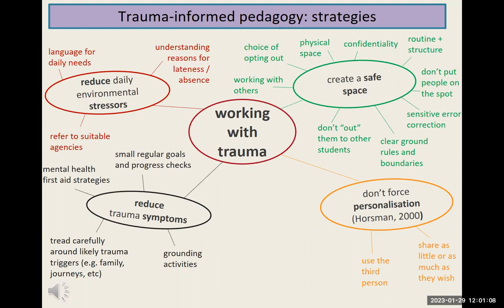Another thing which we can do is to incorporate small regular goals and progress checks. This can be helpful because trauma survivors often find it difficult to see incremental progress in their learning and development. Many trauma survivors have a sort of all or nothing mentality, seeing the world in terms of extremes. So one thing that we can usefully do to mitigate this is to set these small regular goals and progress checks. This can help them see that actually they are improving, and again it helps to ground them in what's